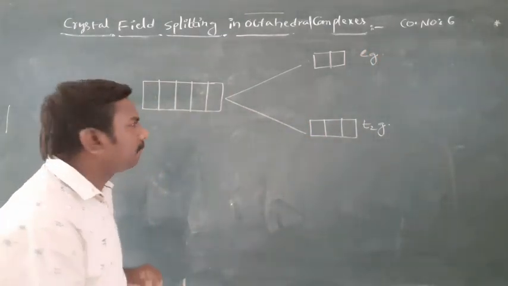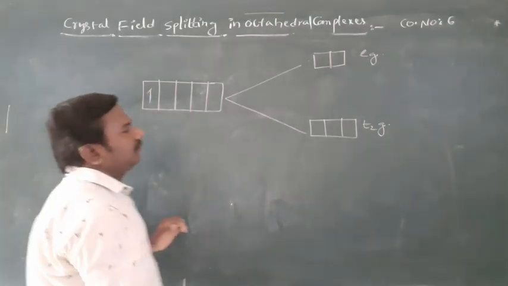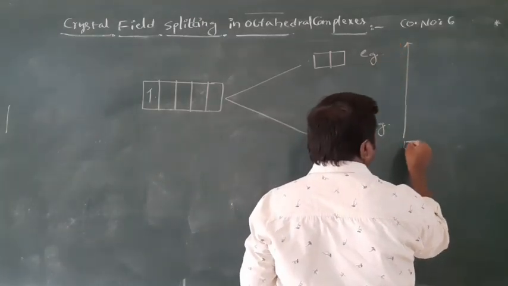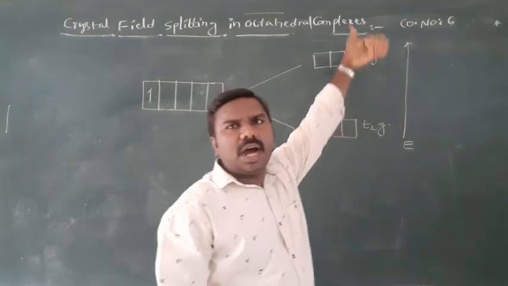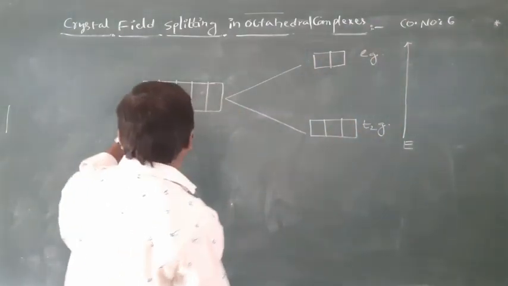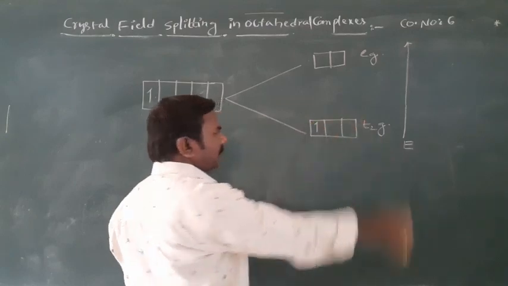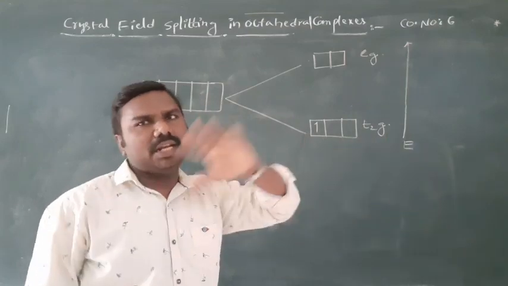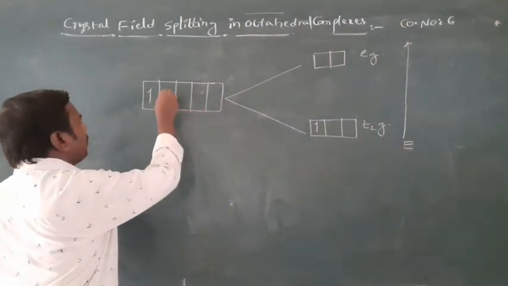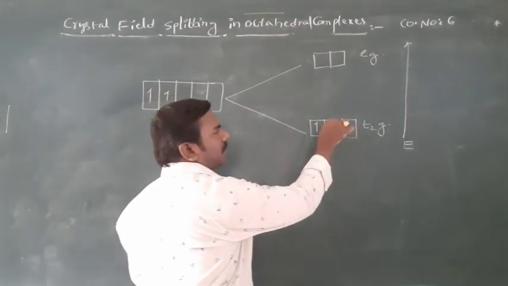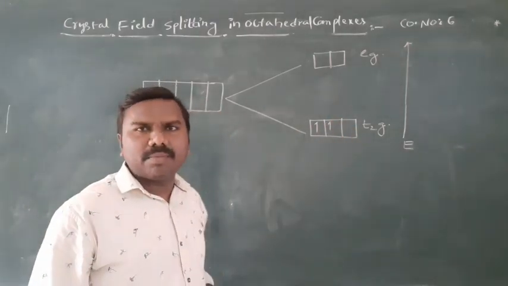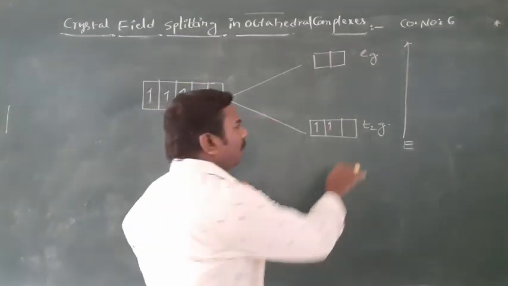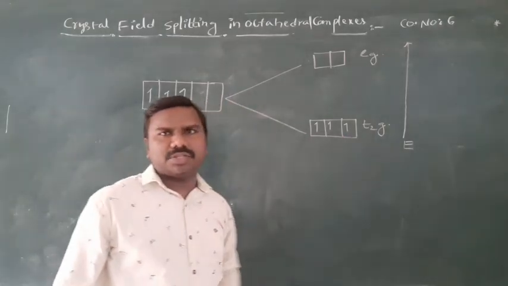Okay. Then the first electron is there. It is the energy order: lower energy, higher energy. So the first electron should be filled in lower energy. As per Aufbau principle, lower energy orbitals are filled first, followed by the higher energy orbitals. Second electron is there, no problem. So it is also filled in the lower energy, as an empty orbital is available. Third electron is there for us, no problem again. One more orbital is available in the lower energy.